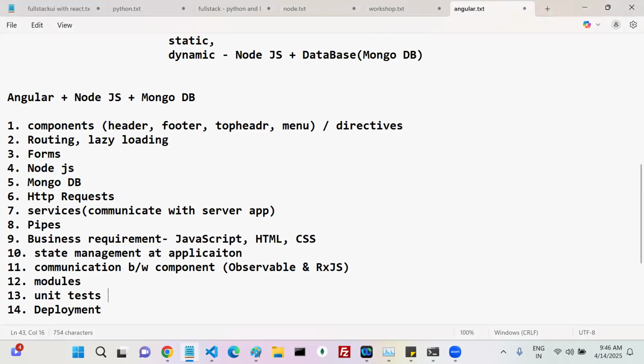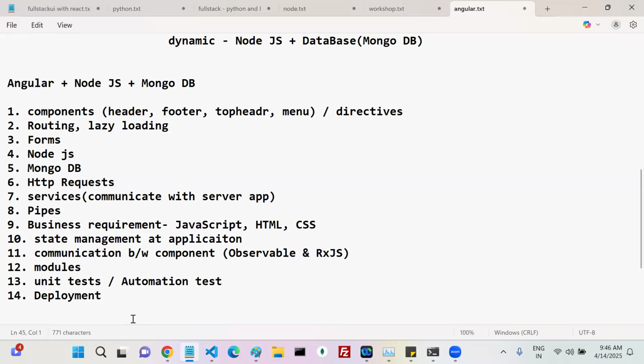Here the unit tests are of two types. You can write functionality tests, and another one is automation tests. Now, with these concepts I want to develop one end-to-end application finally.